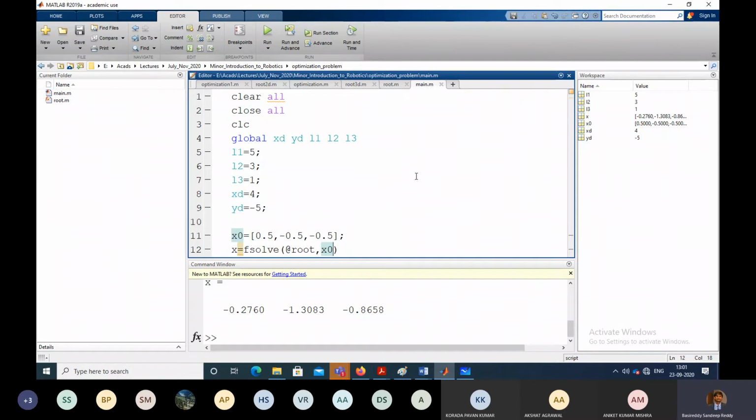If it's the first time you're running, I think a prompt will come, something like that, which will say change folder. Just click on that. Basically, the first time you're running, it ensures that the program will first be in the folder in which the file you are running is there. So over there, you just have to click change folder.